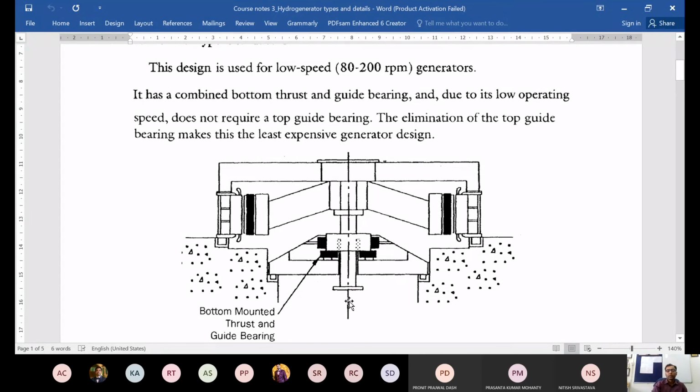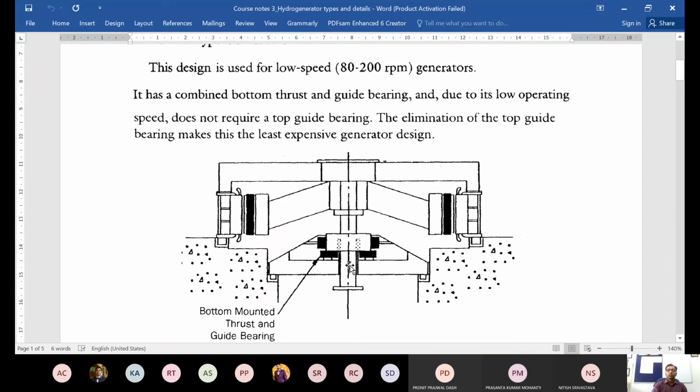And this is the shaft in between, and this is the rotor, the cross section of the rotor. The rotor is rotating in the horizontal plane, like this. And this, as you can see, is the stator core. This again will be entirely a cylindrical thing, and that cylindrical core will be there along the inner periphery of the cylinder.